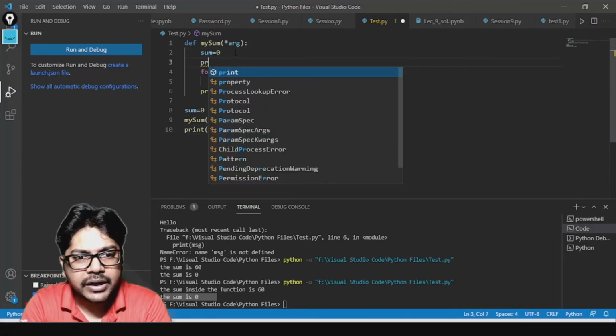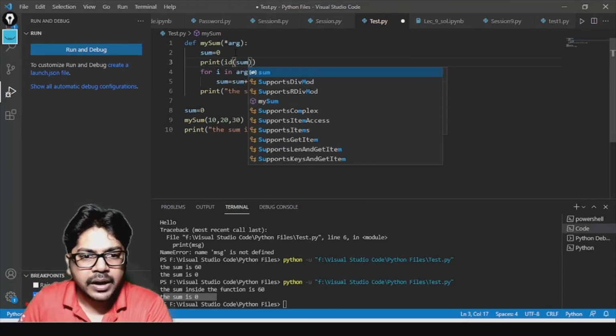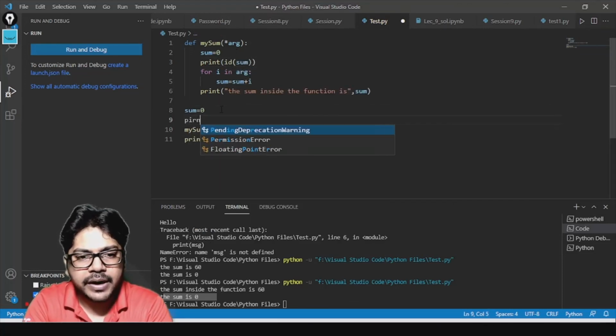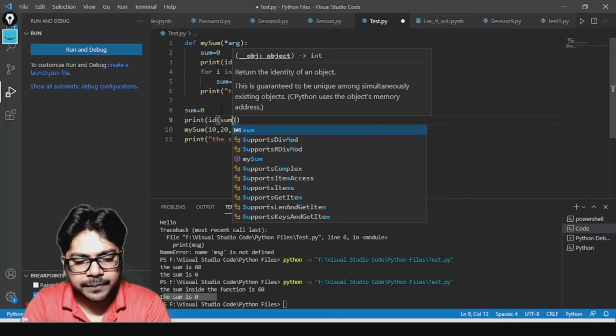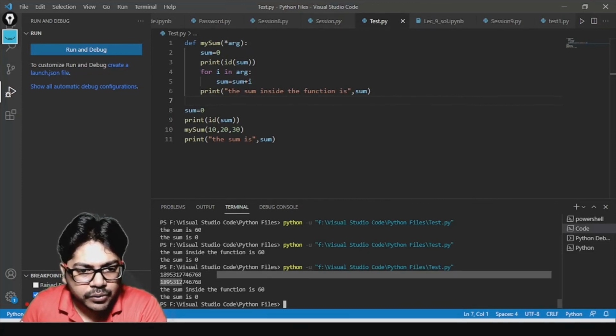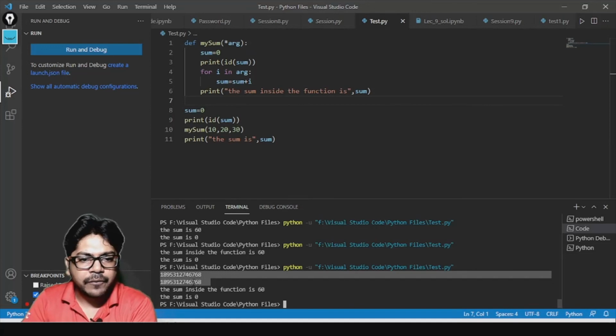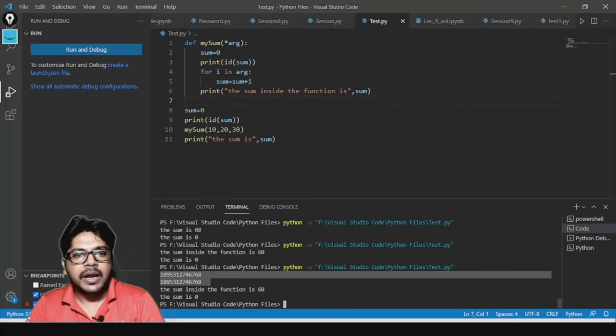Let's try to find that using the id function. Print id of sum, and here also print the id of sum. Now you see what happens. The two ids we have, 198531274677768, are the same.